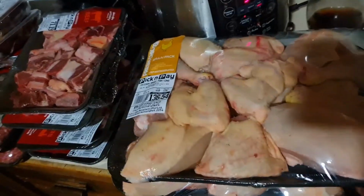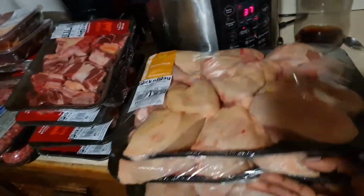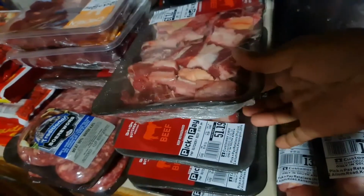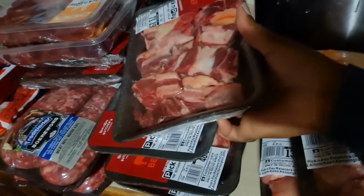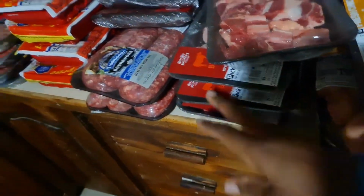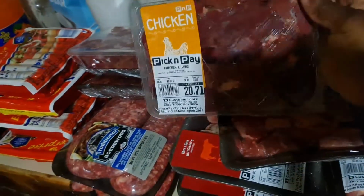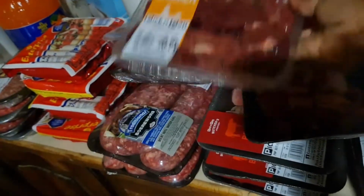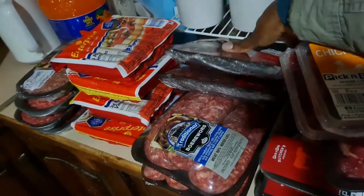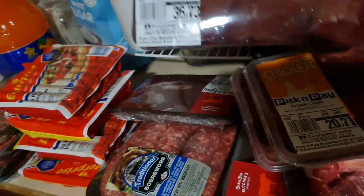So I got some chicken. I got chicken pieces, 2 trays of those, and I also got some chicken breast, 1 pack. I got some beef cubes. I got 4 of those, and I also got some chicken livers. I got 2 trays of the chicken livers and 2 trays of ox liver. I also got some boerewors in bulk. I also got 2 packs of those, and